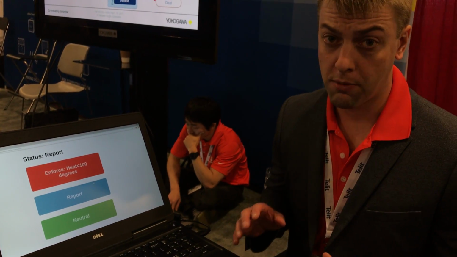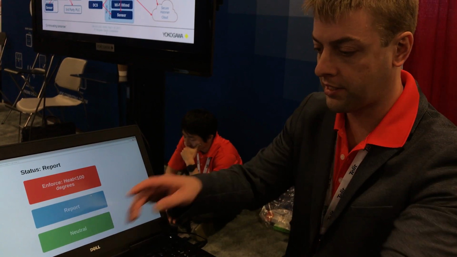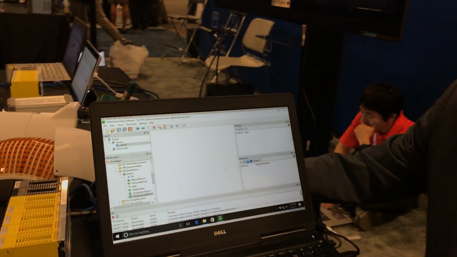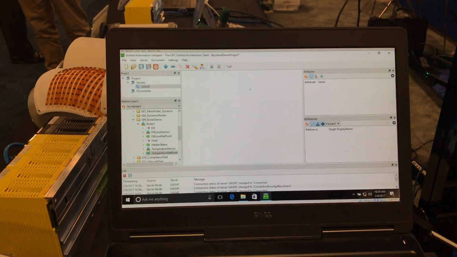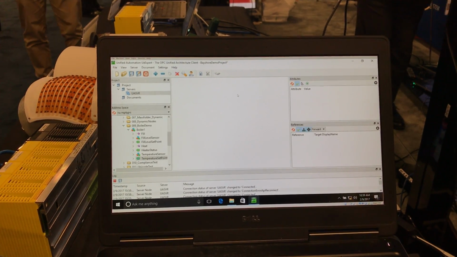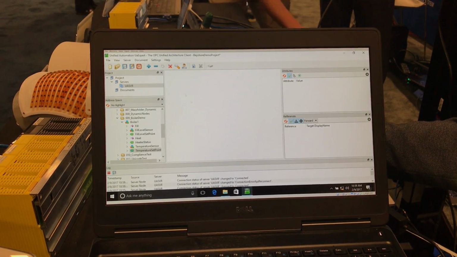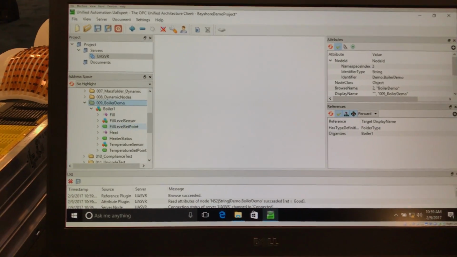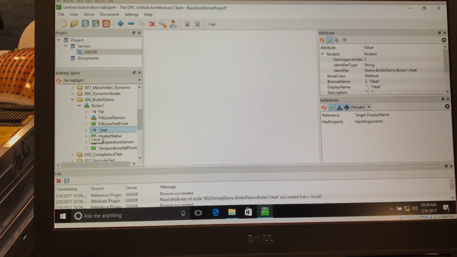So to show you the reporting use case, I'm going to show you an OPC UA client here. So this is an OPC UA client, but it could be an HMI, it could be something in the cloud, it could be a historian, or any kind of client for data within the control systems networks. And you can see for this demo, we have a boiler. And the boiler has a call for heat method that can be made. And so if I